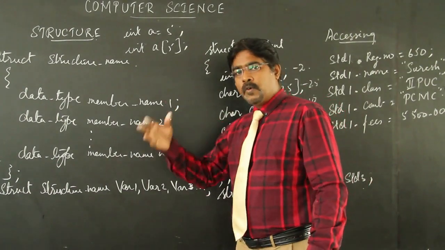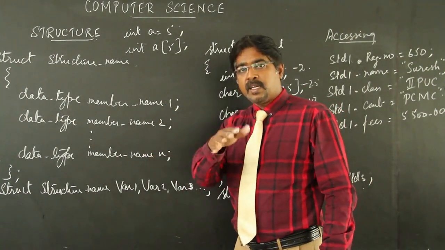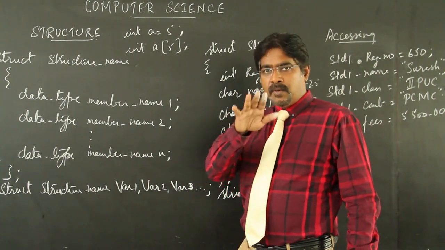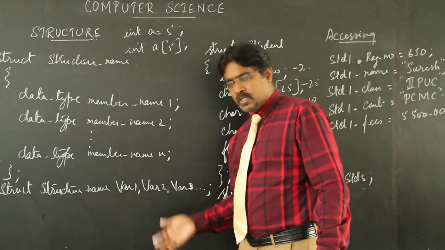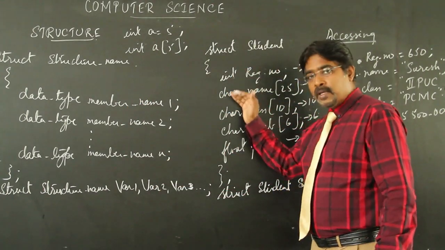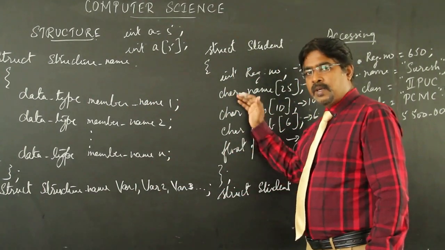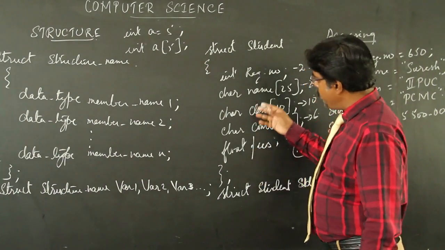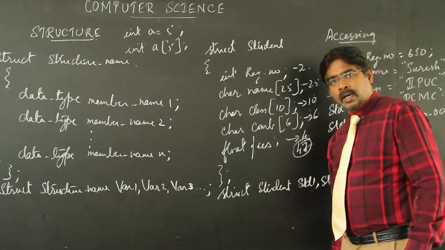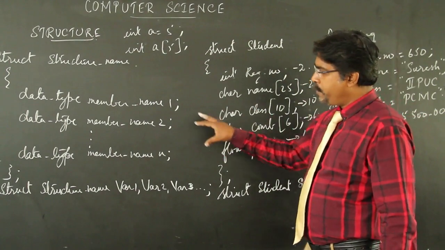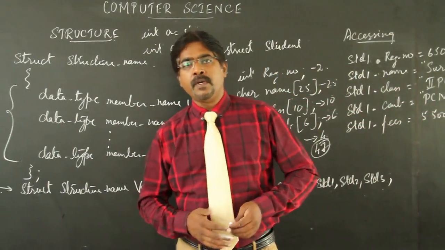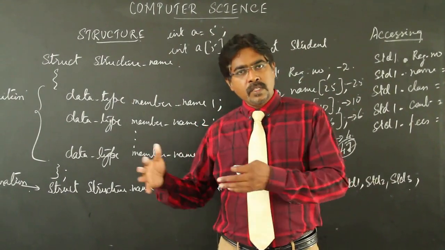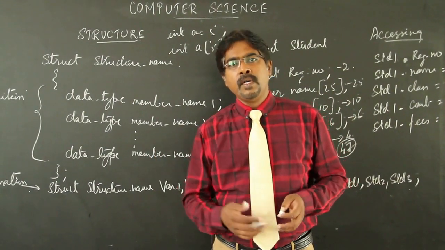An array can have a group of elements but of the same data type, it cannot be mixed with other data types. When you say int, it will be an integer array only. Likewise, when we move on to structure, we have different data types and different data variables. Could be a normal variable, could be an array as the members of a structure. So here we end with the revision classes of the first year, because this will be a bridging unit for you to work on the second year.